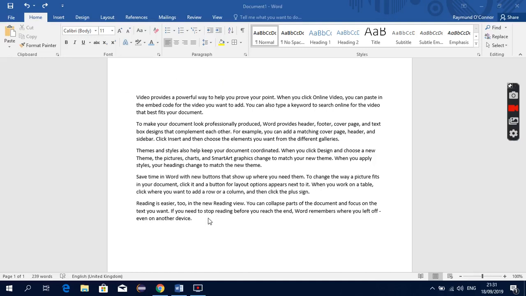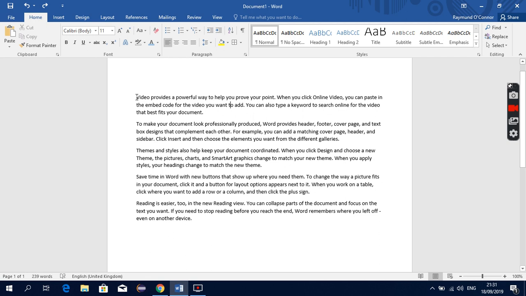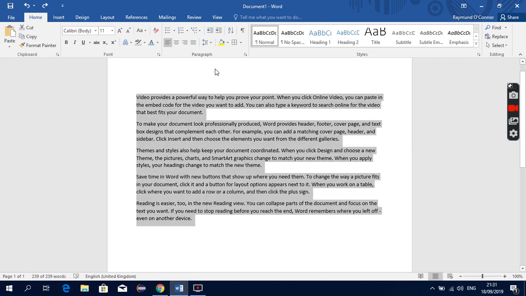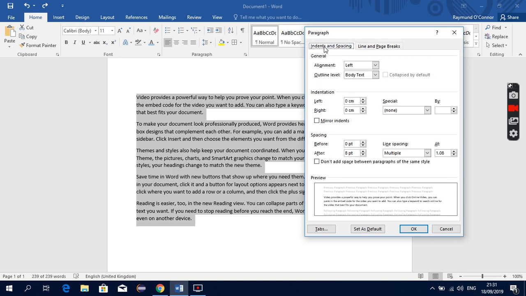With paragraphs of text we can do various formatting, and in the paragraph section here we can click on this drop down menu. Firstly we will highlight our text, then we'll click on the drop down menu. Indenting and spacing,